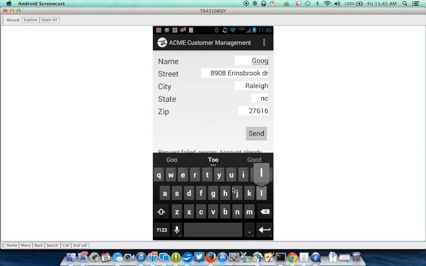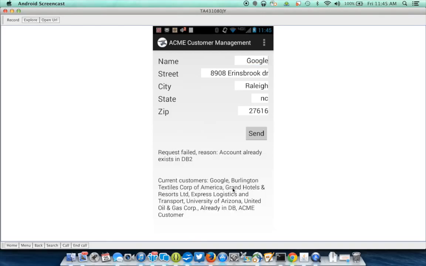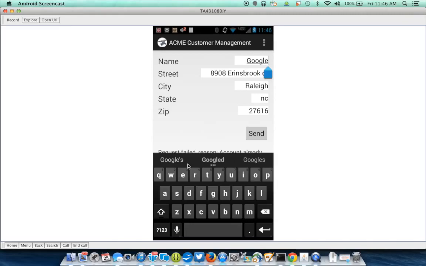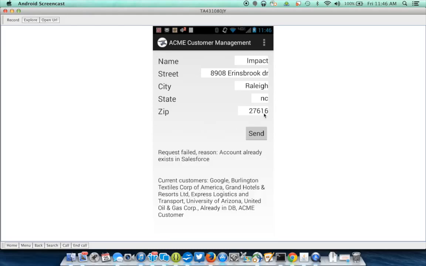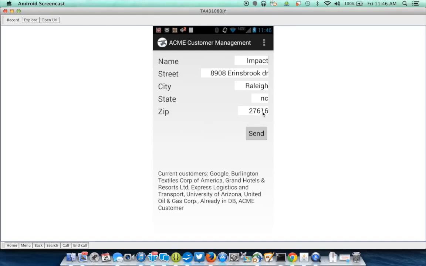Let's pick another name. This one is an Amwell's RS name that exists in the Salesforce CRM system. And there we see we get a failure there as well. Now we've also integrated our app with the Pitney Bowes address validator. So now if we try to insert a unique name, let's call it Impact, we notice that I actually input the wrong zip here. So I expect that this call actually fails with an address invalid message. This is actually invoking the Pitney Bowes address validator API, and it's failing because, of course, we know that the zip is incorrect. So if I correct it,